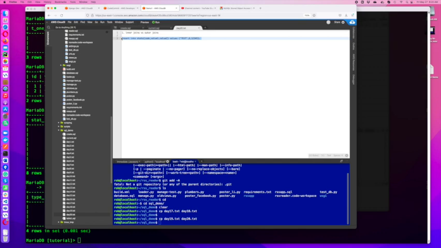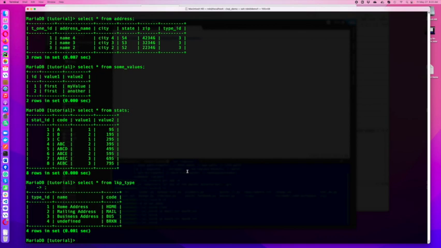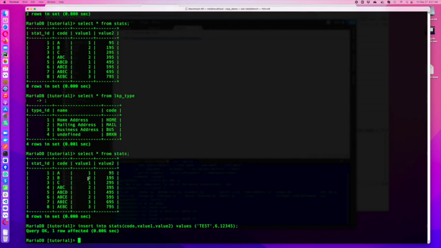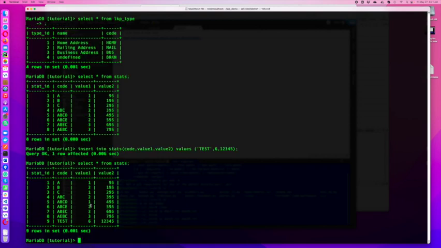But today I really just want to talk about inner and outer joins. The first thing I want to do is jump back into some of the data that we've seen before. We had this table stats, and it just has some codes, some values. I'm going to add another record in there. The key here is value 1. What I had before was values from 1 to 3. Now I'm going to add one that's got a value of 6, particularly because this table is not tied to anything else. And we're going to go back and look at the lookup type,